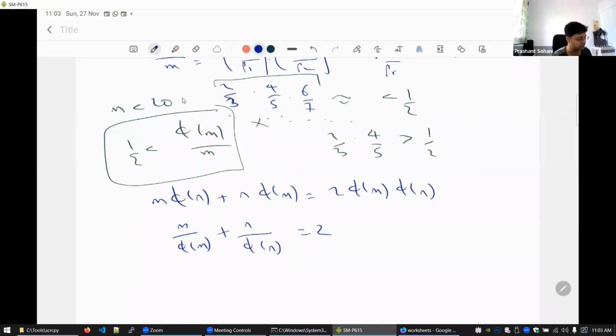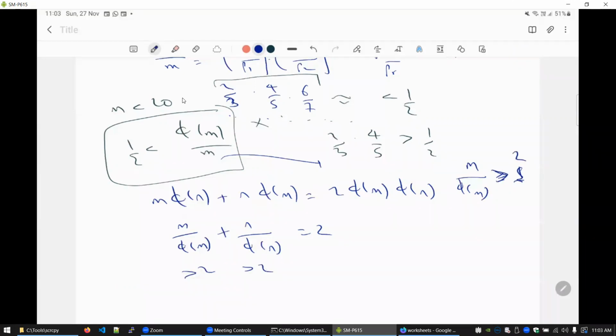And now do you see that this is basically impossible? I mean, because half is less than phi of m, which means that basically m upon phi of m. Actually, I would like to divide by mn, but it's okay. So m upon phi of m is strictly greater than half, or strictly greater than 2 actually. So both terms are greater than 2, so that sum cannot be equal to. Or we can just say that since m is greater than or equal to phi of m,